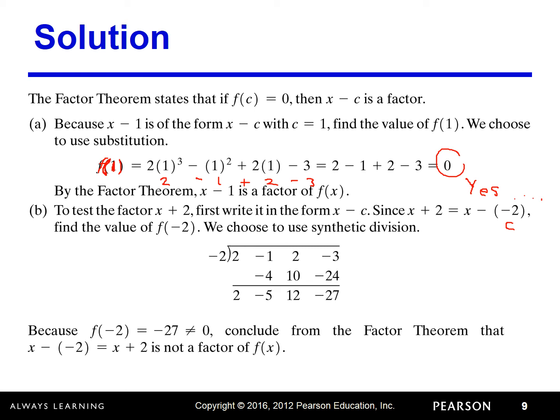So the c is the number that always goes into the left in synthetic division, if you recall. And here we have the coefficients of f of x, because it was 2x cubed minus x squared plus 2x minus 3. Take those coefficients, bring down the first thing,